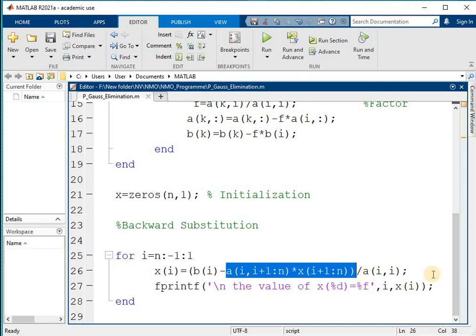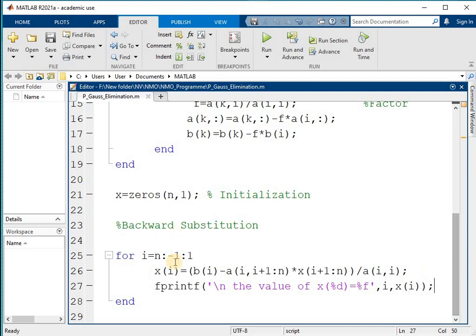When this third value is printed, the increment takes place in I by -1, so I becomes 2. Then we will calculate the x of 2 value. We know that x of 2 is equal to b2 minus a 2 comma 3 into x3, divided by a22, right?